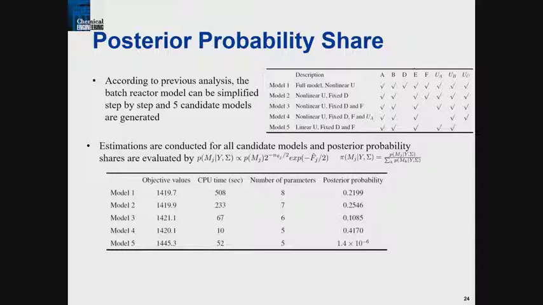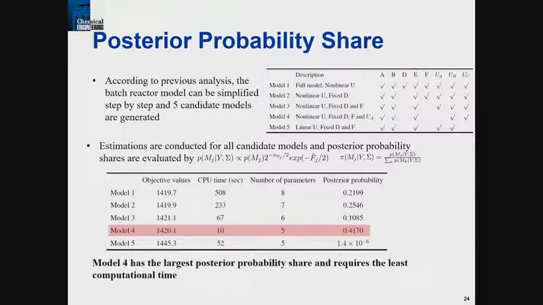Okay, so here are the values of the model. The maximum likelihood functions are here. It takes very little time to evaluate these. The number of parameters is over here. And finally, if I look at the probability share, model 4 is the simplest one, gives me absolutely unique parameters and very small confidence regions, and has the highest probability share. Not perfect, but it's the highest one, okay?